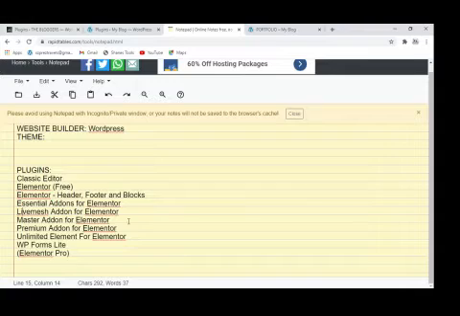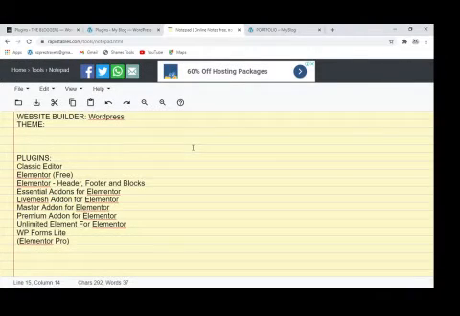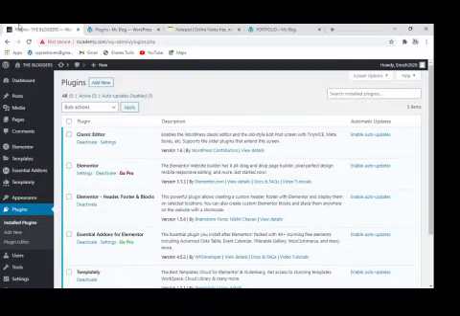They have pro. All of them you are seeing have a pro version. The pro version just has advanced features that the free one does not have. So also this Elementor Pro. Now this is our